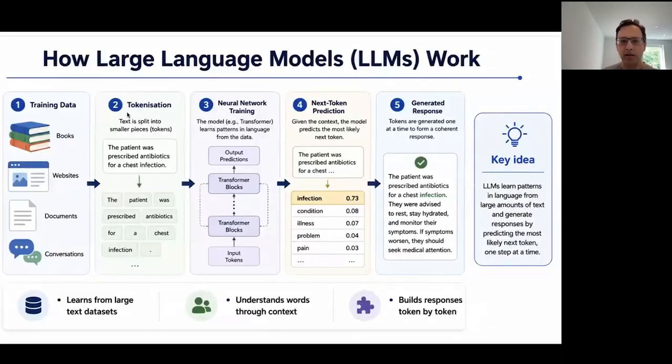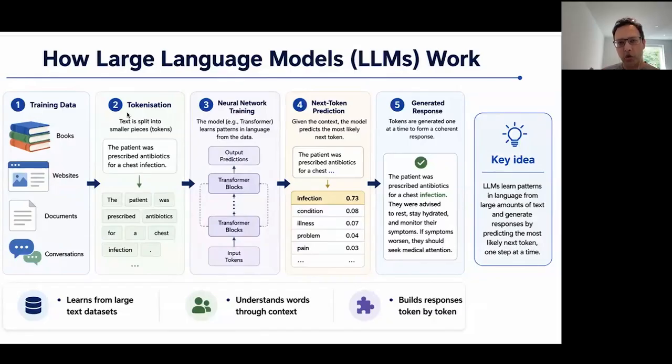Now, how they work. Firstly, I'm not a computer scientist, and I don't really have a deep understanding of large language models. But essentially, from what I have understood, large language models have been trained on what people talk about, lots and lots of data. So scraping the internet, looking at lots of books. And so you've got a lot of textual language data there.